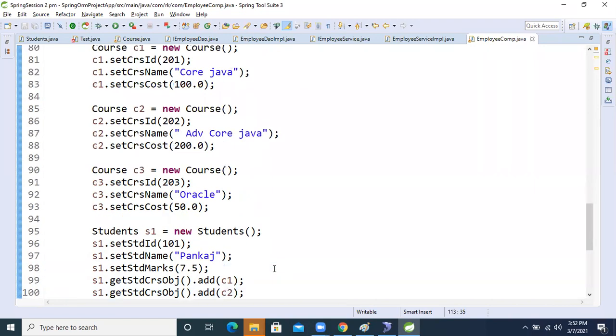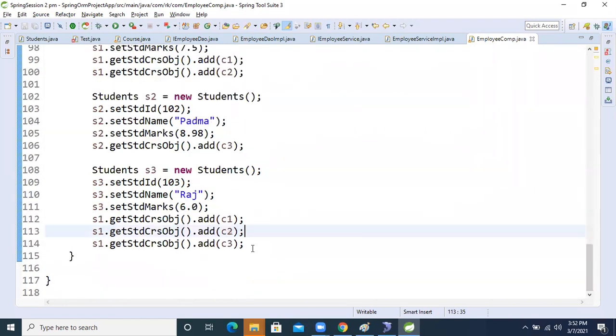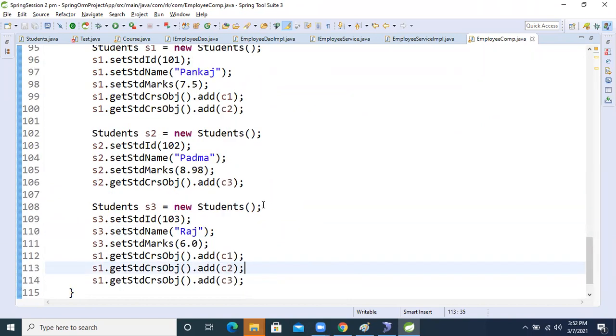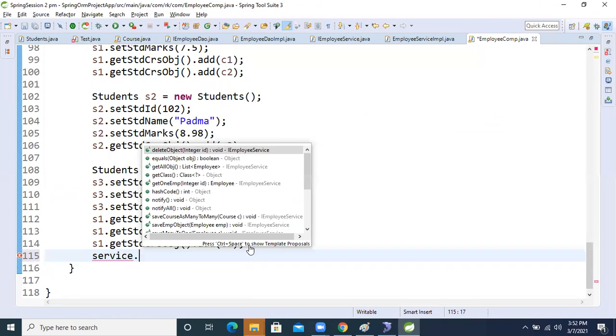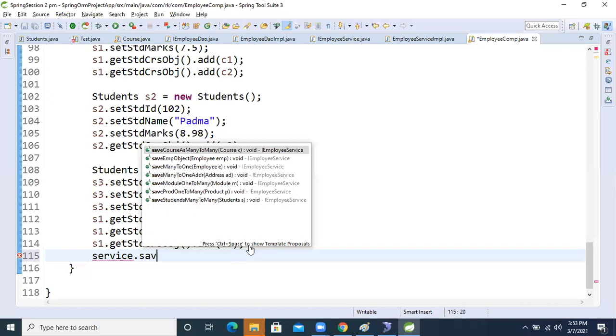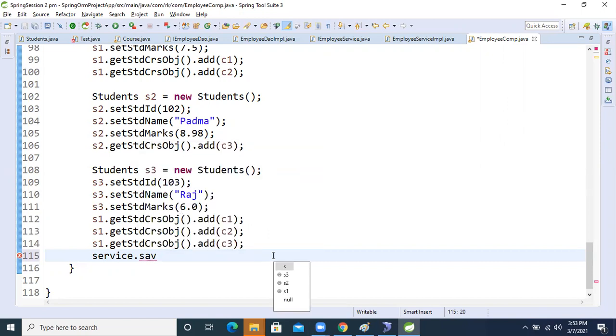Based on that, we are performing the many to many operation as Java code. But we need to call that method also. We need to save this data in the database. So for that, we will call service dot save, the save many to many student method.